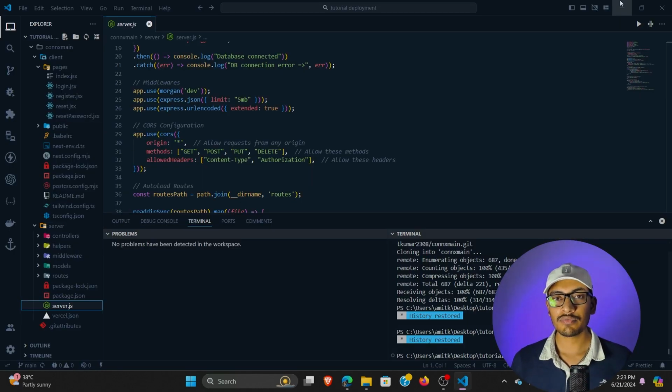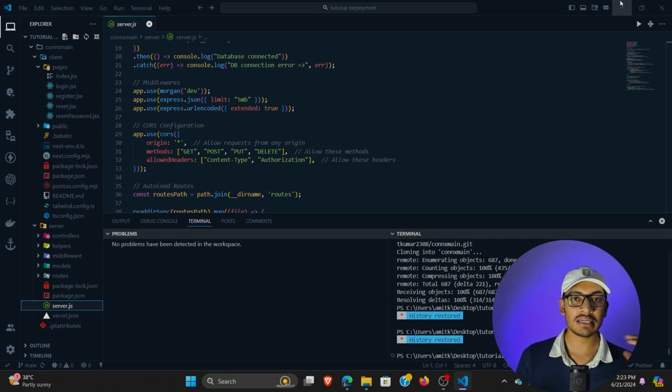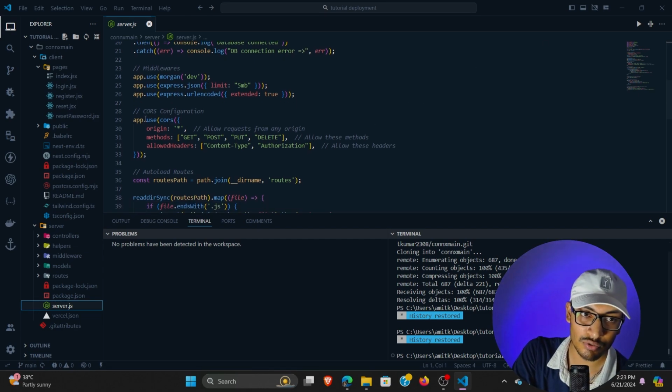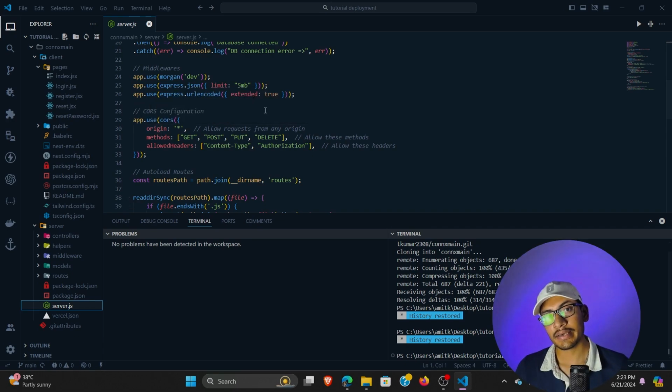Here I want to tell you one more thing. When you create a MERN stack application and you create a client side and server side also, then there are high chances you use CORS in your application. Where you use your CORS, here you can see in origin, I allowed a user to request from all origins. It is not a good practice, but you can use it for your college project. If you again and again get a CORS policy error, then you can use the star to allow requesting from all the origins.